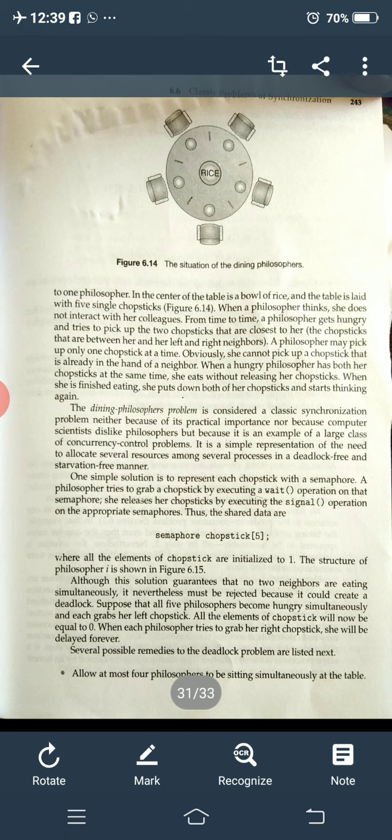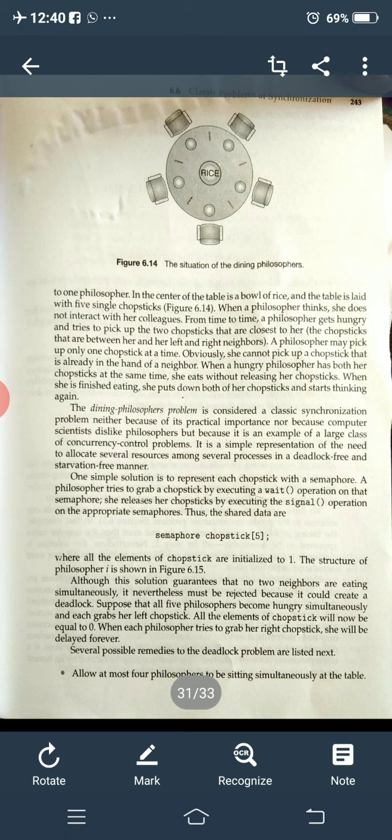We should have 2 chopsticks, then only can we start eating. But there are 5 philosophers, so 10 chopsticks should be present, but here only 5 are present. So what will happen when one picks up the right side, and the left side is picked up by another fellow, is it not? So all of them will have only 1 chopstick, and with 1 chopstick they cannot start eating. They wait for another chopstick, but the other fellow is doing the same thing. This situation is called a deadlock, which we will discuss in the next module. So deadlock will happen.